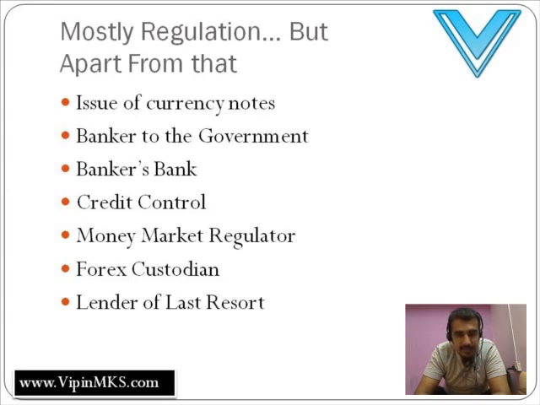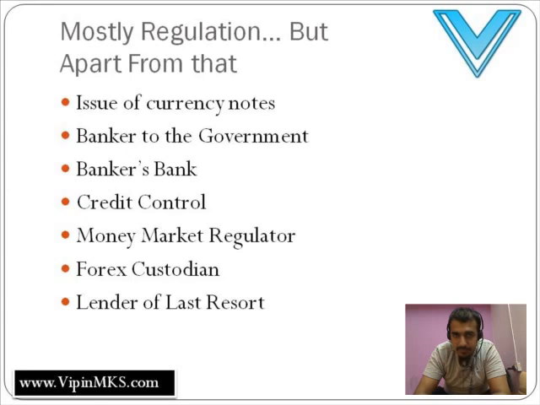Banker's bank. Now this happens when banks want to borrow money from RBI. Now there are two types of rates that you would come across: repo rate and reverse repo rate. Repo rate refers to the rate of interest which RBI would charge when a bank would borrow money from them. Reverse repo rate is the other way around. When RBI takes money from a bank, how much would be the rate of interest paid by RBI to the bank? That's what you would refer to as a reverse repo rate. So when a bank is say short of funds, and if they want to borrow some money, they can in fact borrow money from RBI. That's what they mean by a banker's bank.